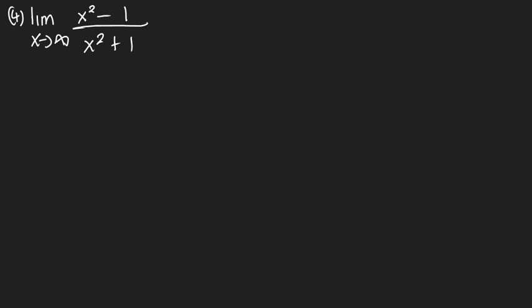Now notice that the limit this time around is approaching a very big number, which we are calling positive infinity. So the easiest concept that I taught HC students is all you have to do is to recognize the highest power of the denominator or the numerator. So in this case, the highest power is simply x to the power 2. And that implies that everywhere I shall be multiplying by this factor x to the power 2. So I'm going to take my x to the power 2 multiplied by,